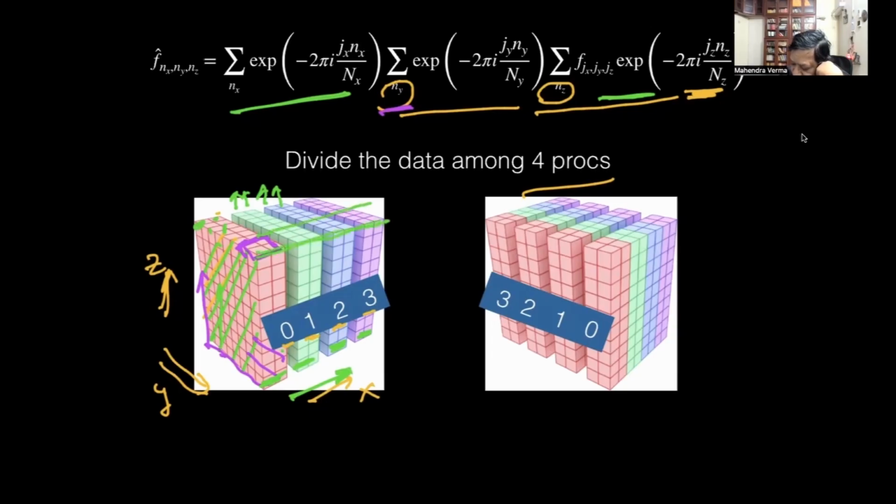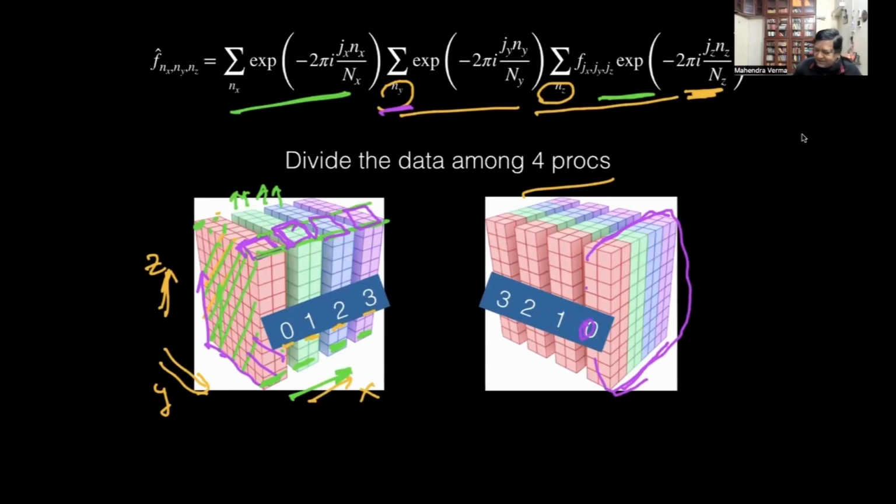So I will ask for this data from processor 1, this data from processor 2, this data from processor 3. So these data are being transferred from 1, 2, 3 to processor 0. Processor 0 finally will have data like that. Is that clear? It has one quarter of the data and gets 3/4 from other processors.